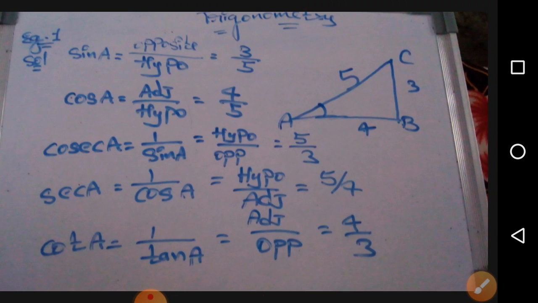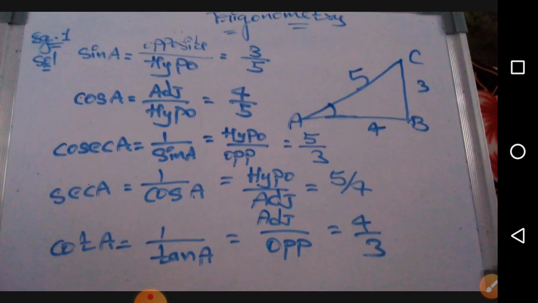Then we move on to example 1, and after this we'll move on to the exercise part. Why have I included examples? Because most of you just go through the exercise part and skip the examples, and from that there might be a chance that you may lose marks. So please don't skip the examples. Even if you go through the examples, you'll get much more idea about the exercise questions, and I'll tell you why. Yes, so the first example is given.